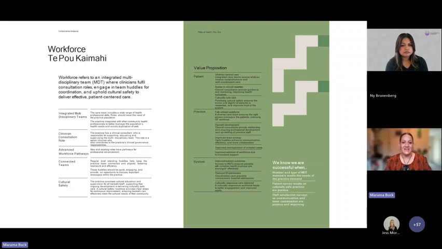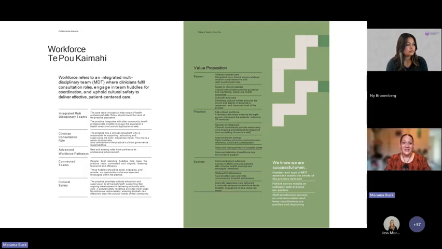What are some of the data we could collect, or what are some things that we will notice to know that what we are doing is being successful in terms of the value for patients, the value for the practice, and the value for the systems.